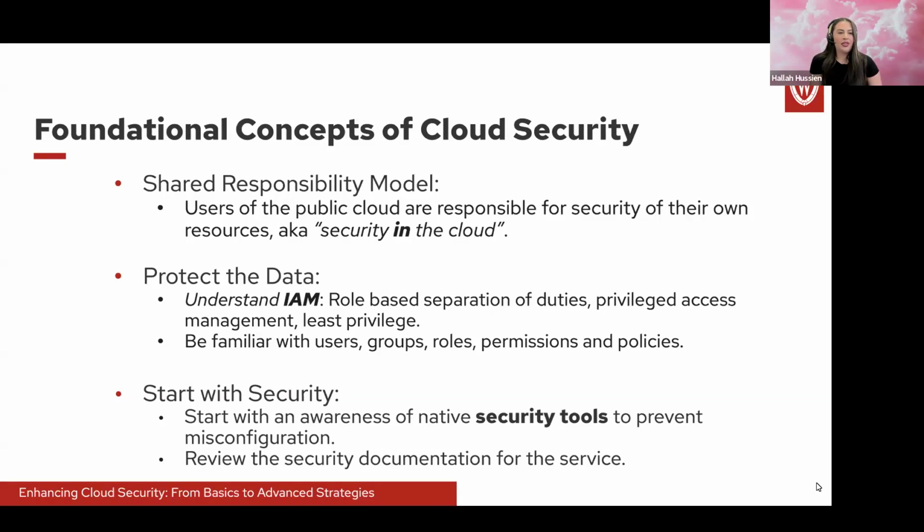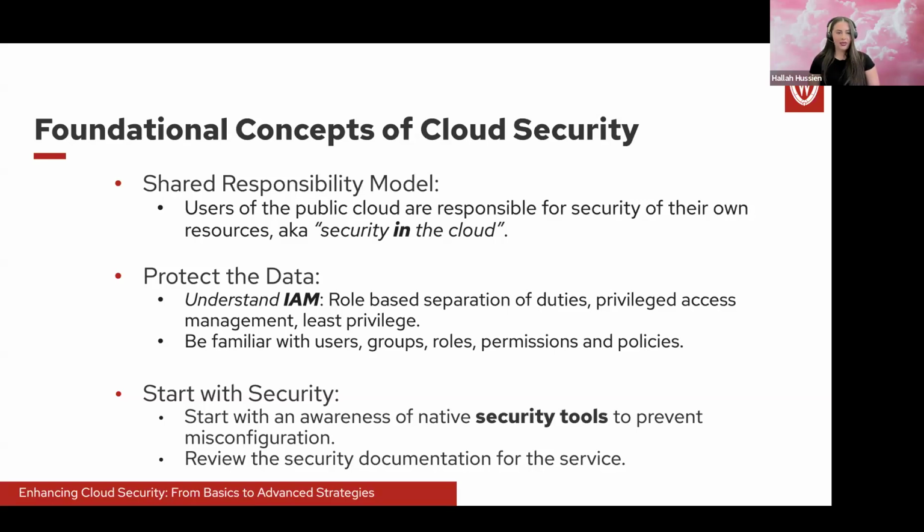Alrighty, so to start off, we have the foundational concepts of cloud security. Just a disclaimer, in efforts to meet all of our campus needs, we have established public cloud instances in each of the public cloud platforms, Amazon Web Services, Microsoft Azure, and Google Cloud Platform. A lot of our examples today will be given through Amazon Web Services, but we do support and have established instances in all three. So starting off, I'd like to share 3 concepts to help you get started in the